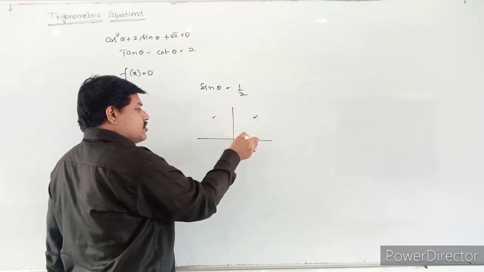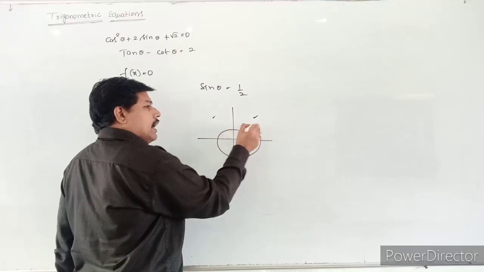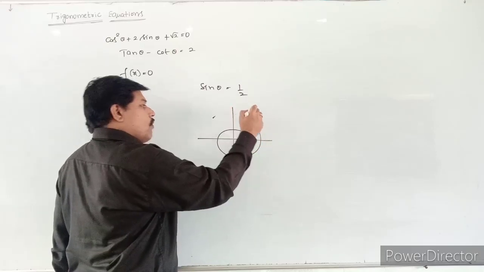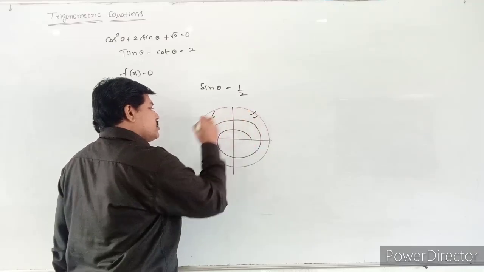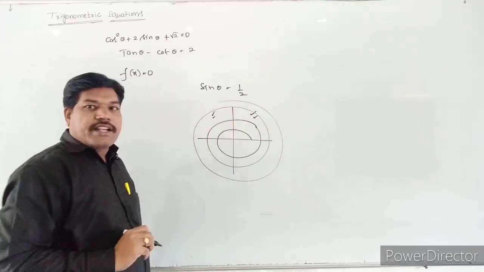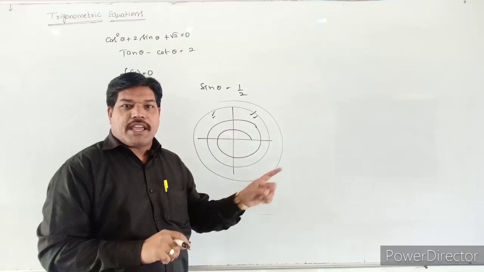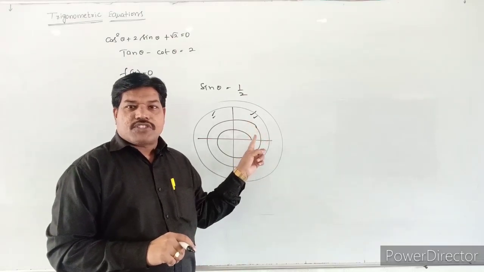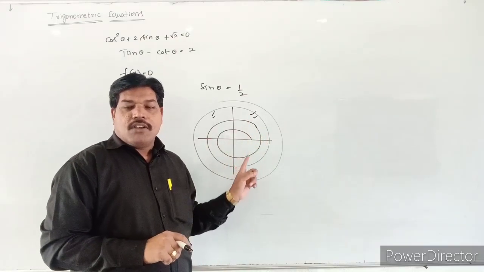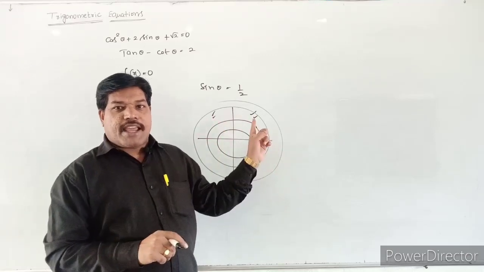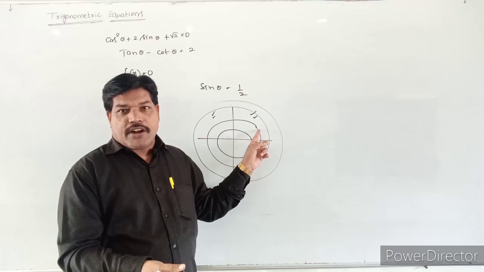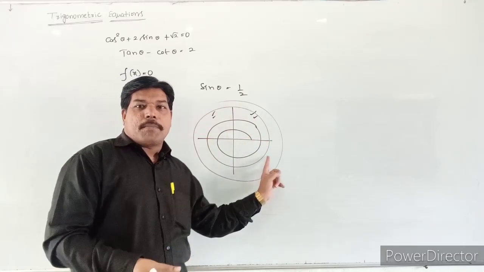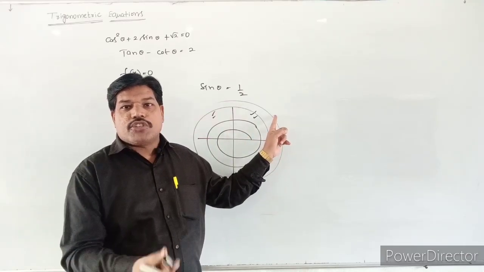Next, one rotation is over, and once again the rotation starts. Once again you will get the same, and you will get the same. In all the rotations you will get a number of solutions. So sin 1 by 2 you will get in the first quadrant in the first rotation. In the second rotation you will get once again 2 pi plus pi by 6, one more angle. Next one is 4 pi plus pi by 6, one more solution.